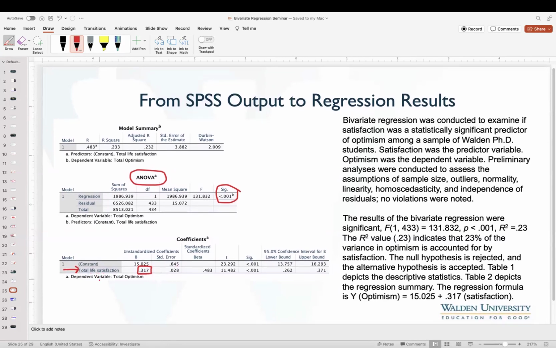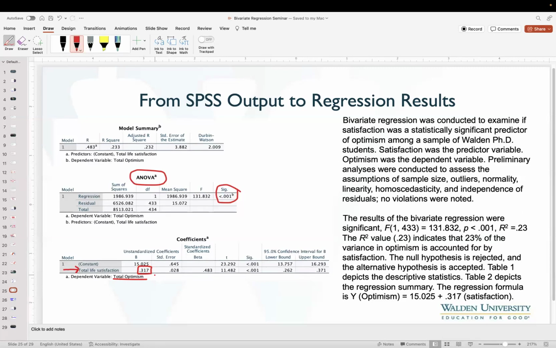If a person scores a 16, that person is probably going to be a 0.317 higher score in optimism. You see, for that 1 unit increase, every 1 unit increase in how that instrument is being measured. Does everybody understand that? For example, if that variable was age, we're saying that for every year you age, your output variable is going to increase by 0.317. So in other words, and it's a positive number too, 0.317. So in other words, as we get older,